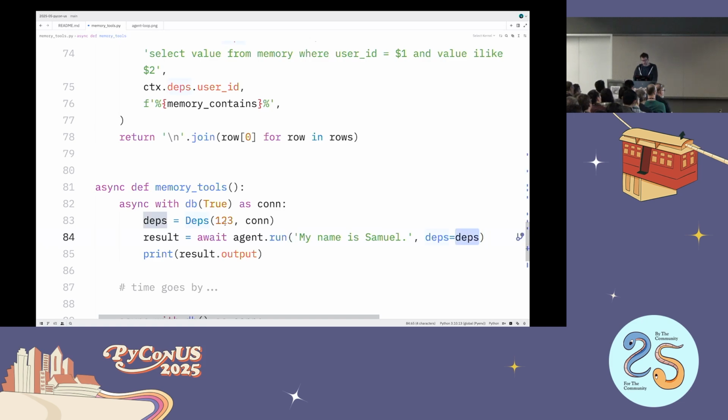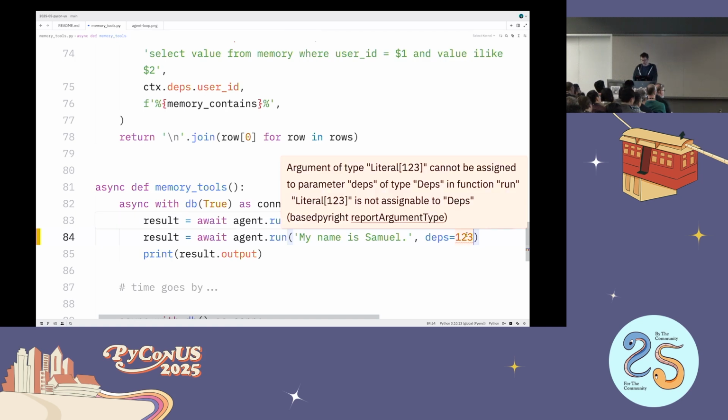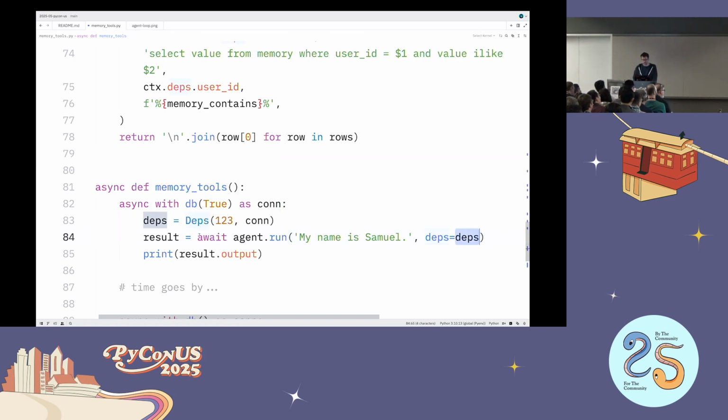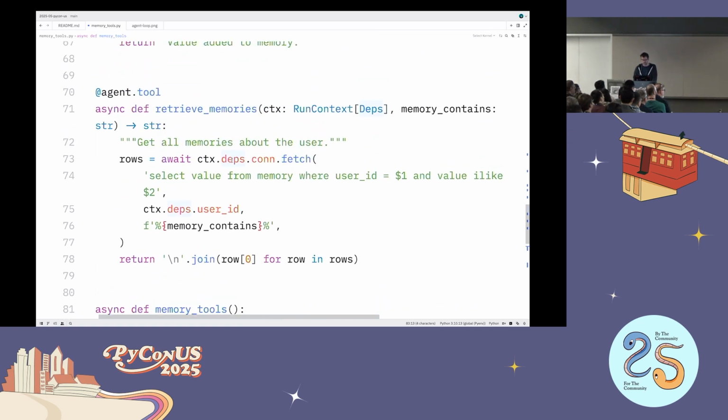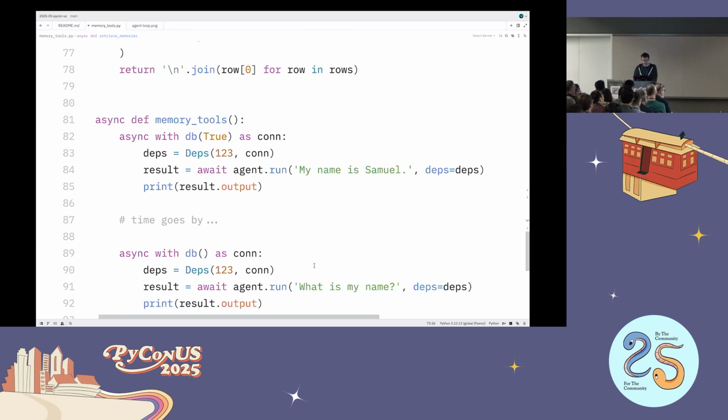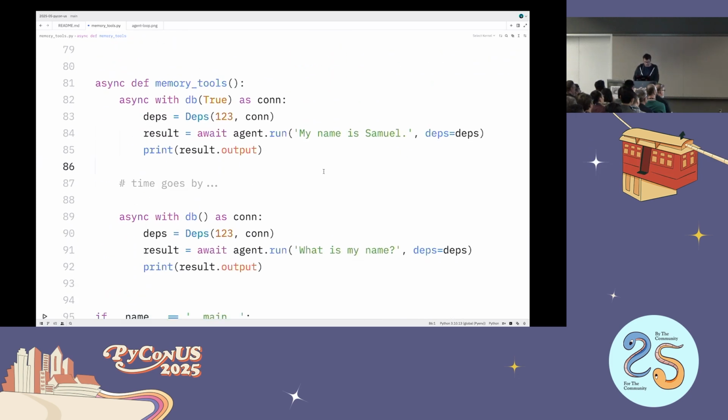And again, because agent is parameterized with the deps type, if I passed in the wrong type here, we would get an error telling us that we hadn't passed in the right deps. All of which is just to say we can kind of guarantee with type checking that this thing I pass here is going to be the same thing I get access to here, which is very useful. And so if I run this example,